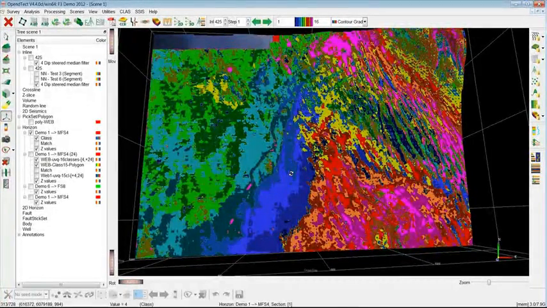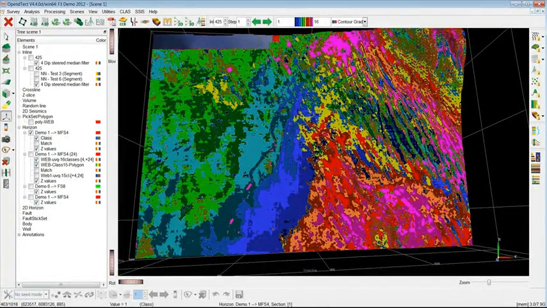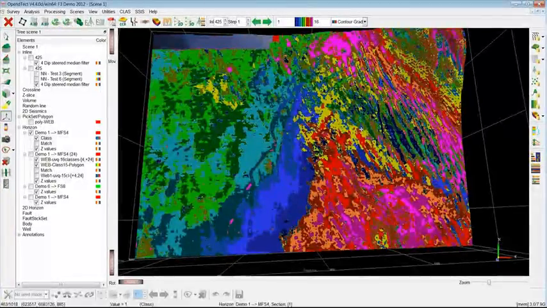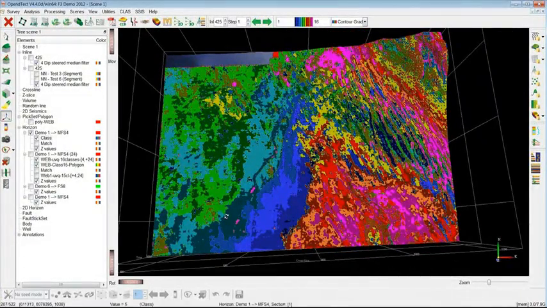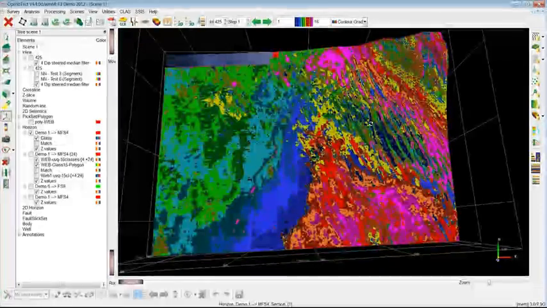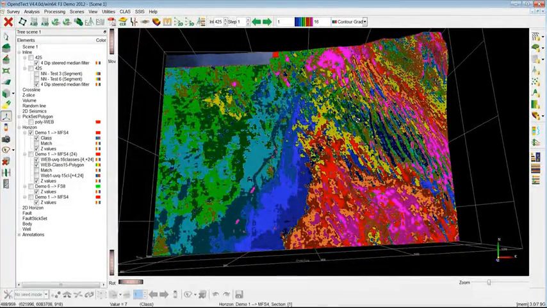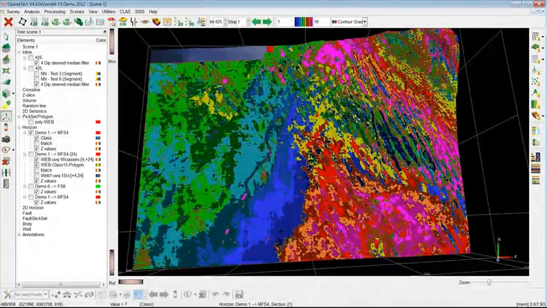And here already we can see some nice features. You can see this looks like a channel going down to the basin, where it becomes like a fan system here. Here we have some sand ridge. Here we have a quite difficult area to interpret. So this is actually what we have. It gives you an idea of